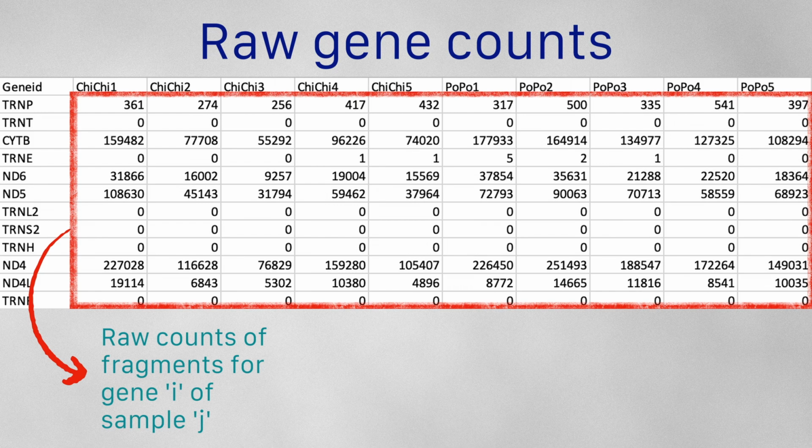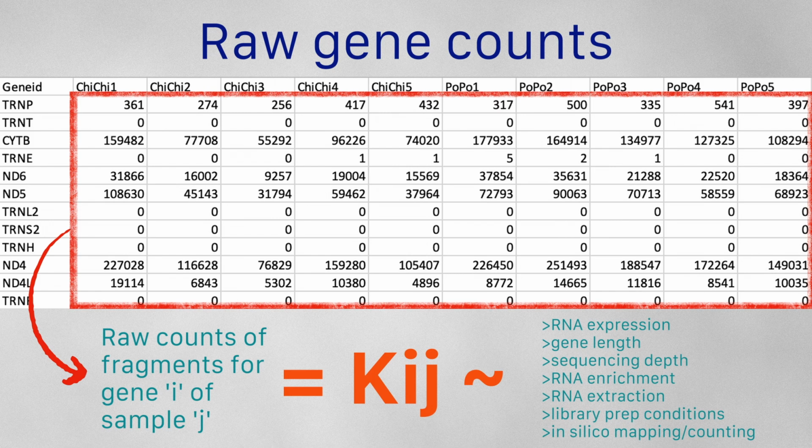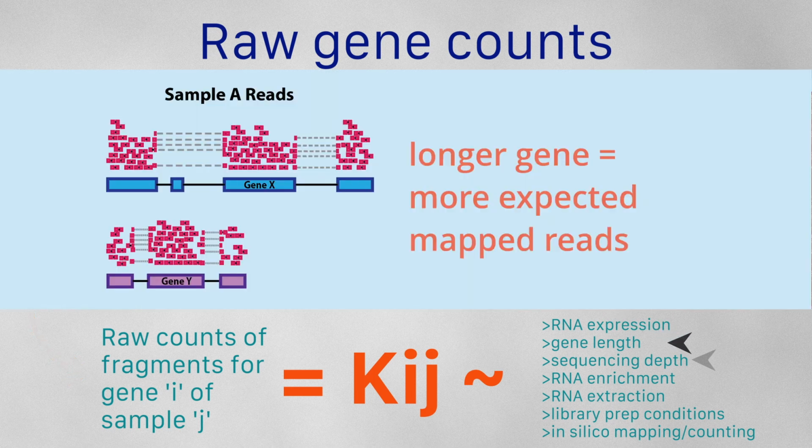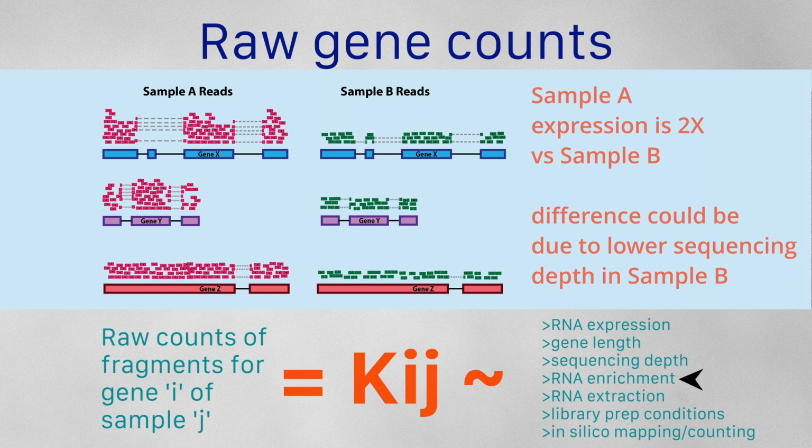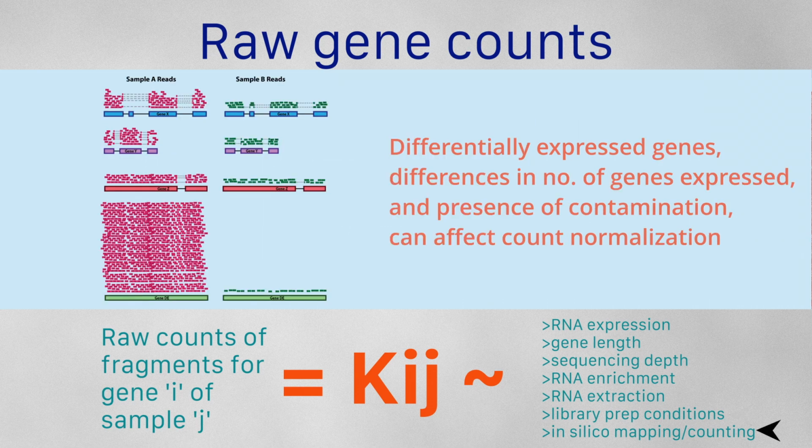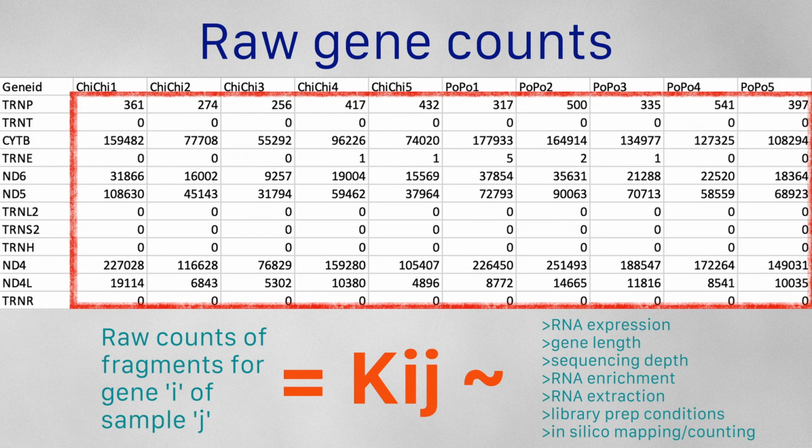These counts, which is usually denoted by the letter K for gene i of sample j, is proportional to the expression of that specific mRNA and is affected by factors such as gene length, sequencing depth, RNA enrichment, quality of RNA, library preparation conditions such as amplification and reverse transcription, as well as computational factors such as mapping and counting parameters, which emphasizes the need to be familiar with the various wet laboratory and in silico requirements for RNA sequencing